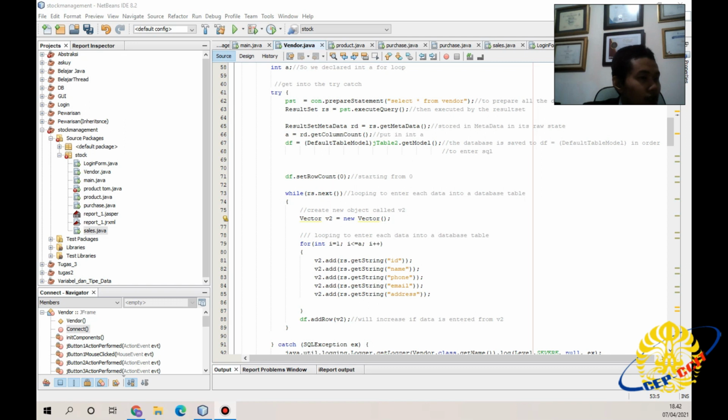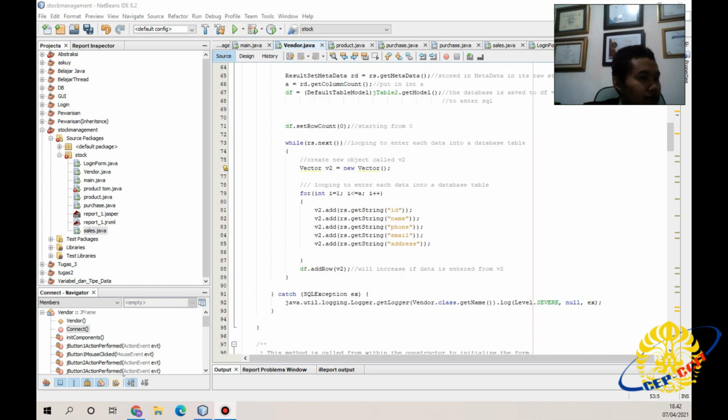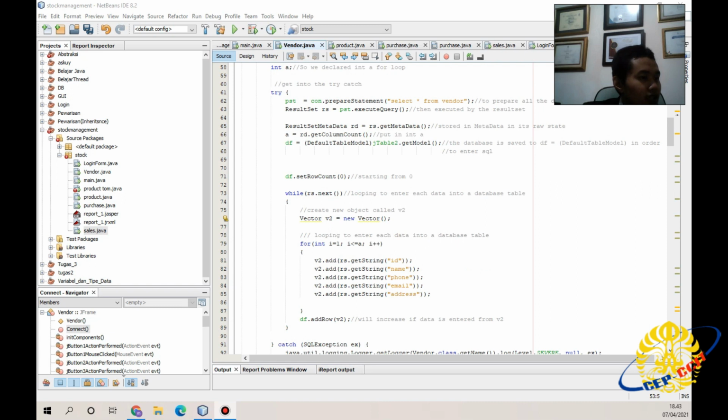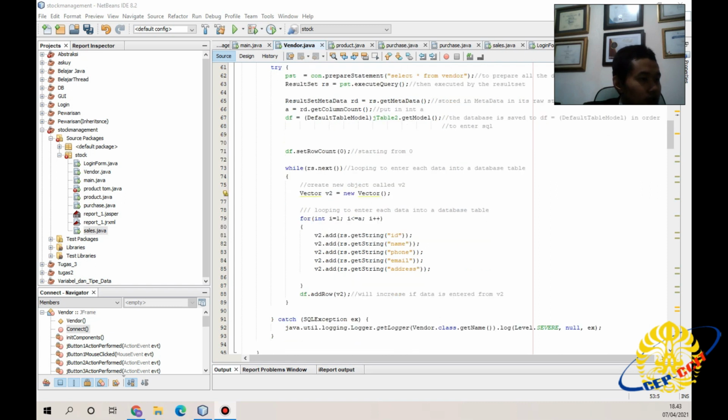The default table model of the database is saved to df equals default table model in order to enter SQL. Set row count, the function to start from 0. While rs.next, loop to enter each data into the database table.